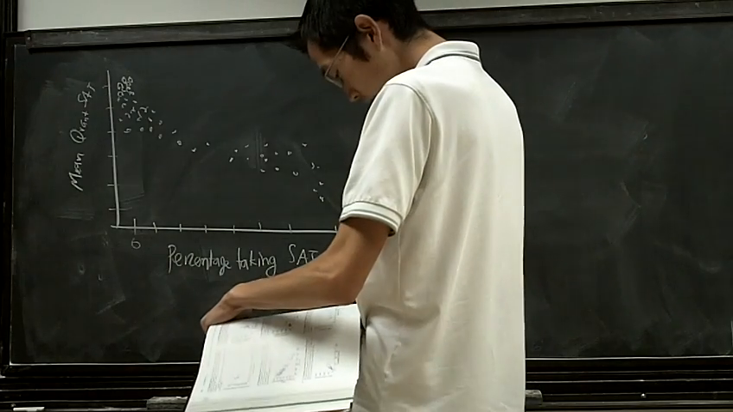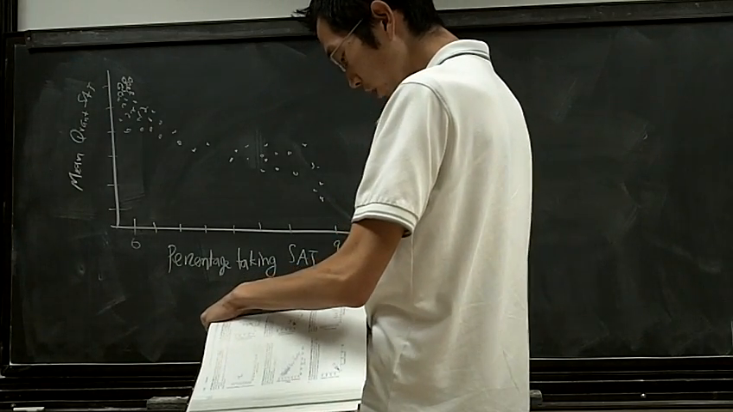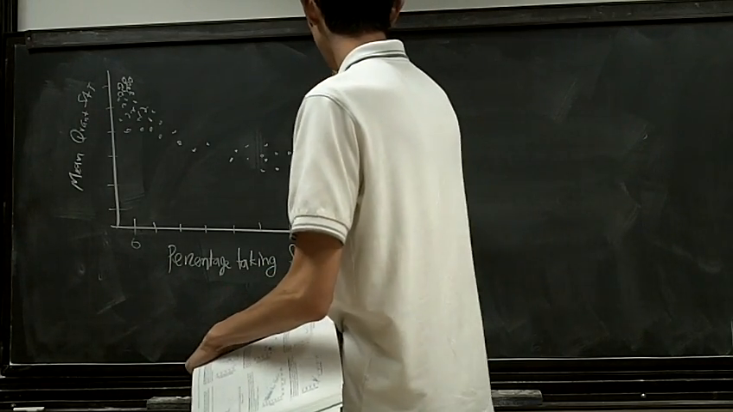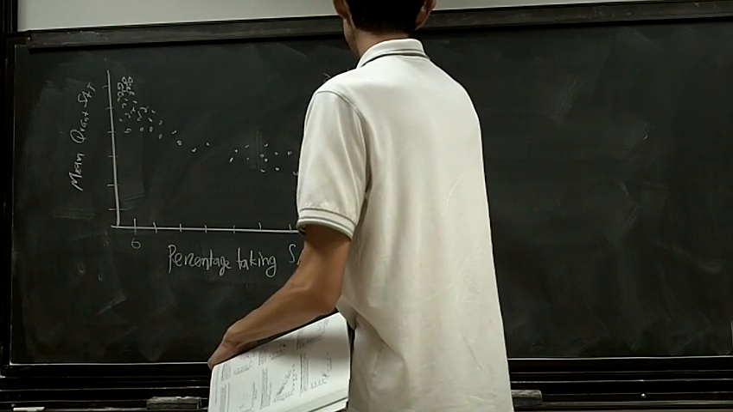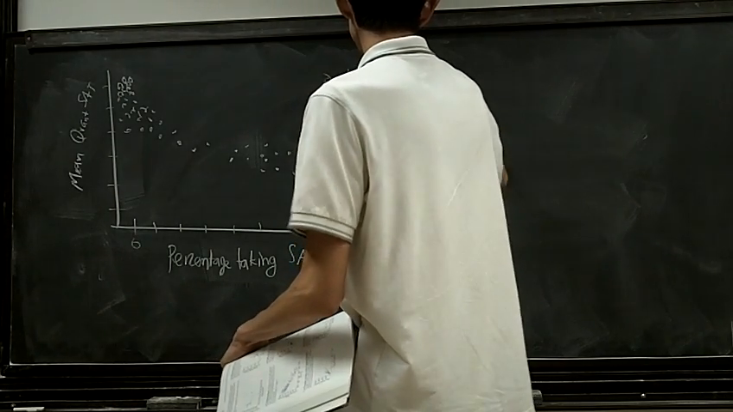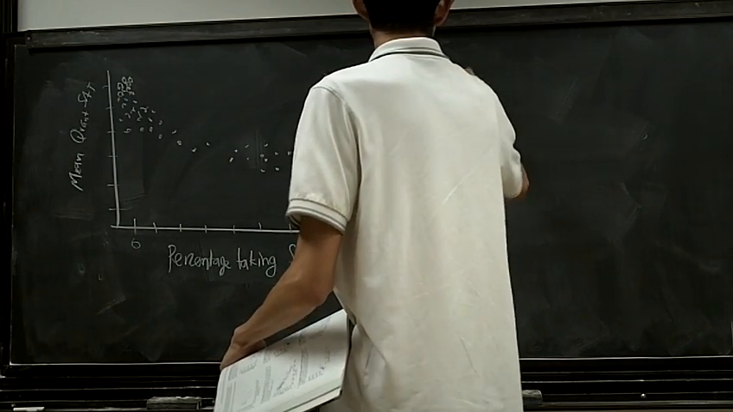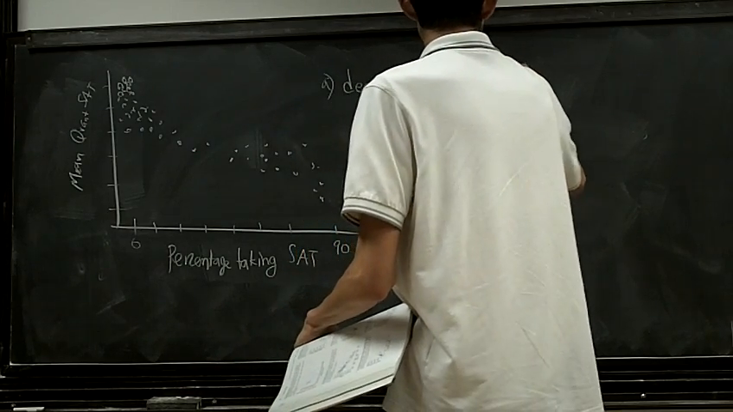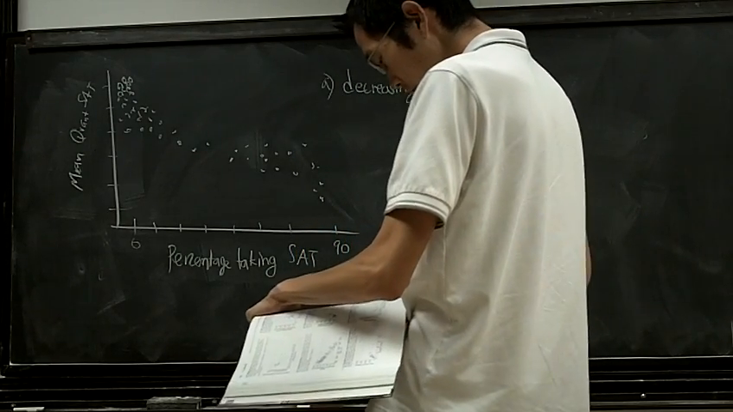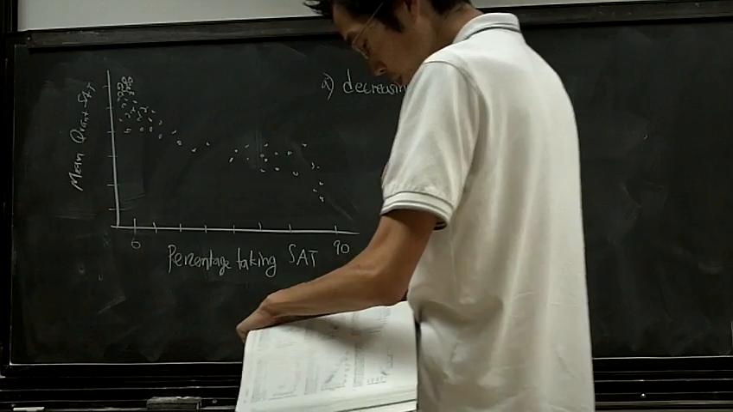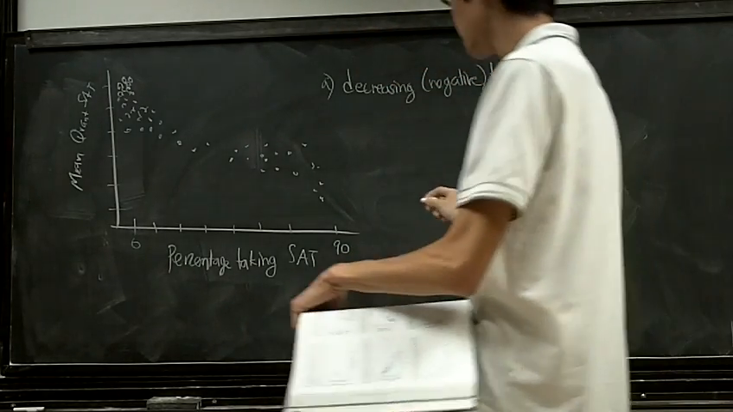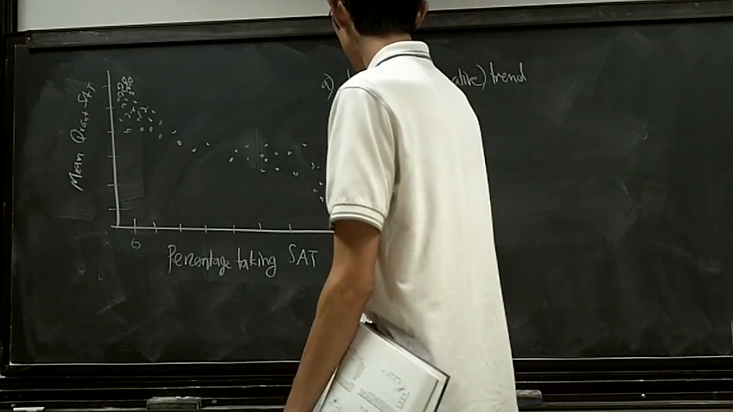Part A asks, is it showing an increasing or decreasing trend? We definitely see a decreasing or negative trend, which means, and it says explain what this means in the context of the data. And so what this means is that in general,